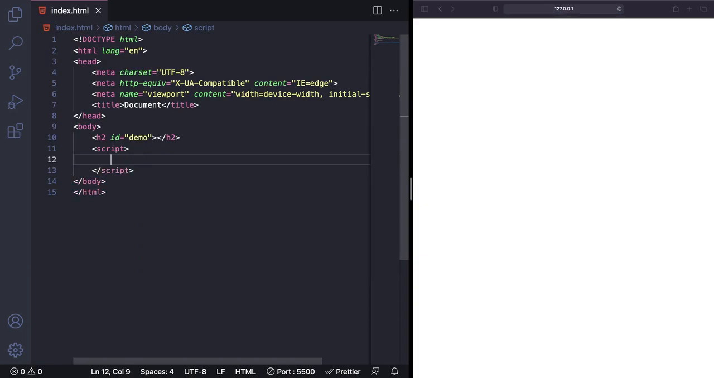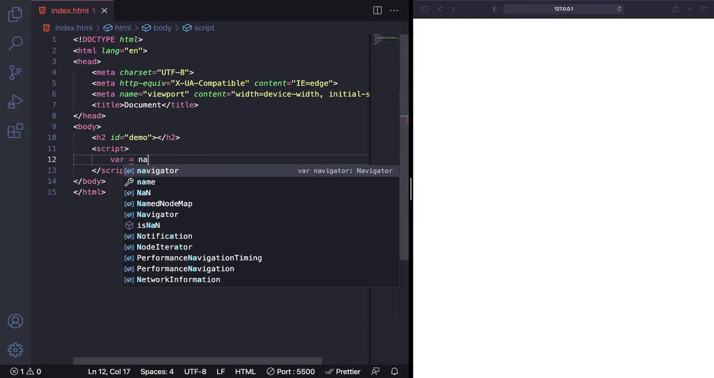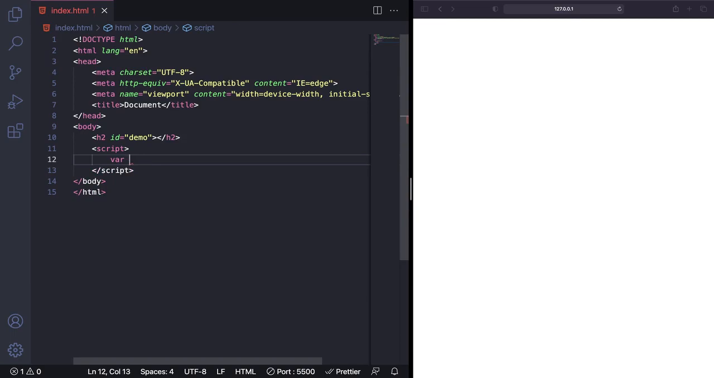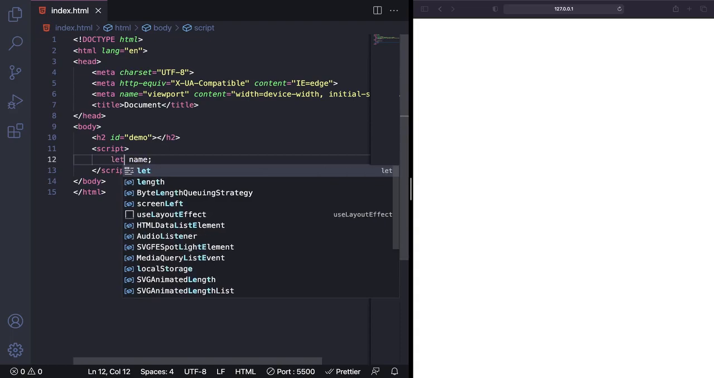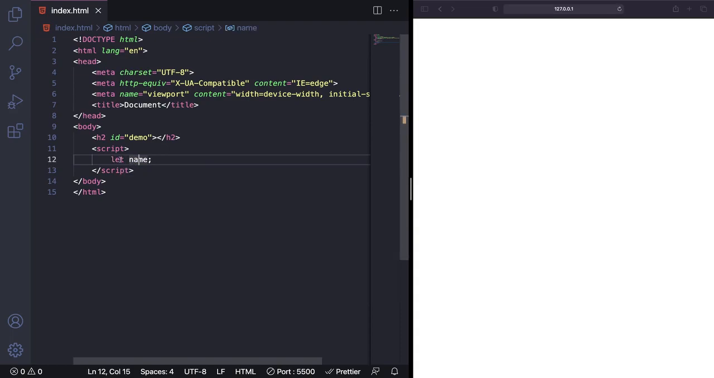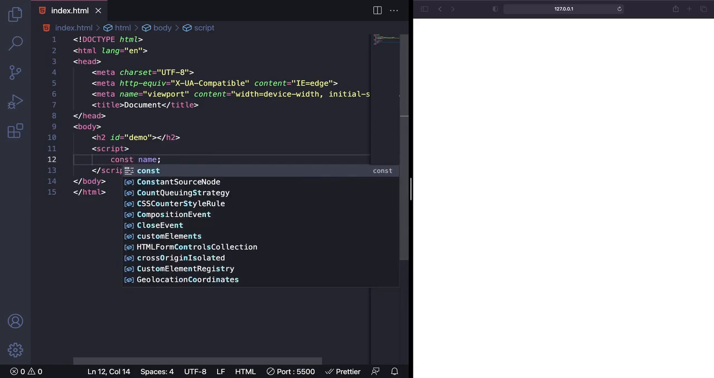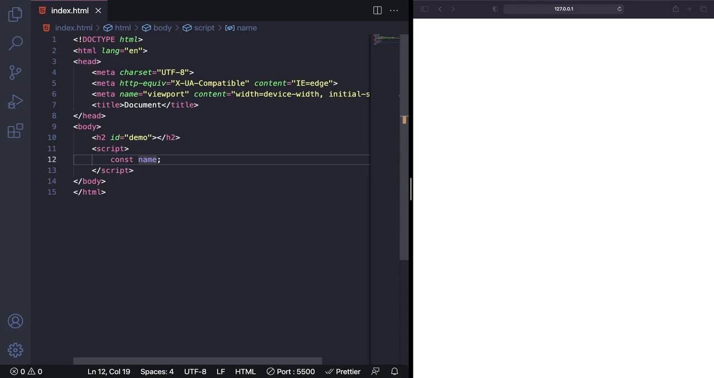Let me just start with var name. So this is how you can declare a variable. Instead of var, you can also use let. So let can also be used, but if you use const instead of let,